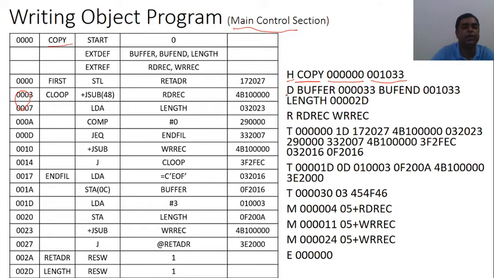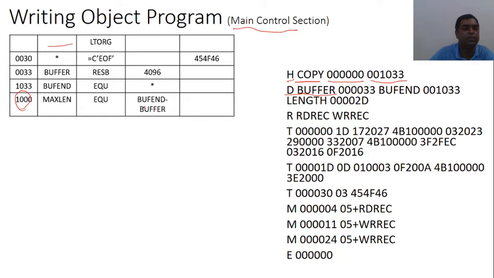What will be the define record? First column D, then look into the EXTDEF section, this one, EXTDEF. What are the symbols? BUFFER, BUFFEND and LENGTH. So first write BUFFER, this one. And what is the address of BUFFER in this control section? You can see, 0033. So it is written here